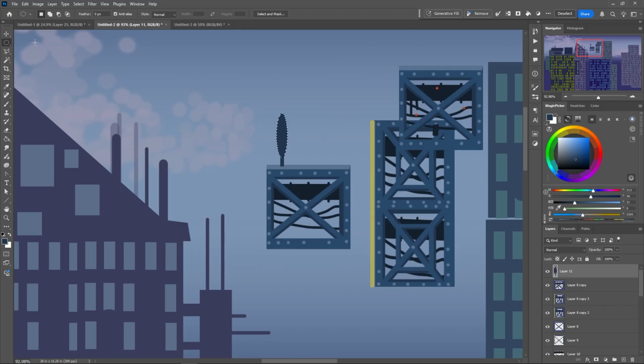And I'm just kind of grabbing in, and then I'm going to add kind of a, let's add danger red,